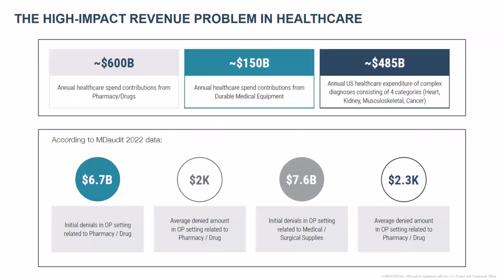So one thing I want to really hone in on today, and I think this is some of the nuggets you'll be able to take home that we talked about, was, as you know, there's denials for everything. Timely filing, authorization, pre-cert, a million different reasons. But today we're really going to talk about the high impact revenue problem in healthcare, which is when we really